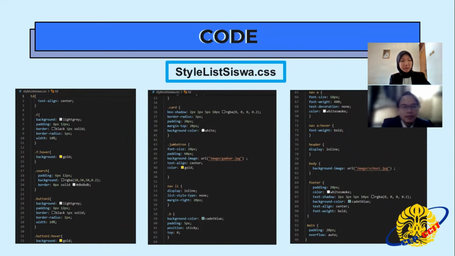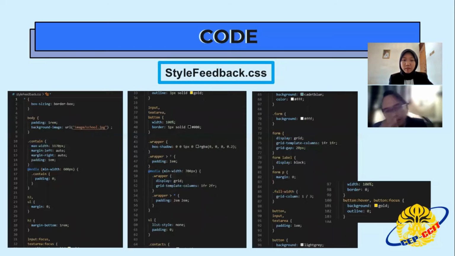Okay, and the next is the respective CSS style, which is the basis of the design of each web section. And this is the CSS style list siswa. Next, and this is style feedback, the CSS for the feedback form.